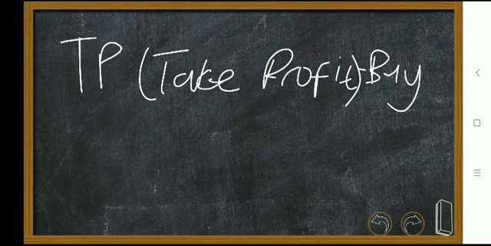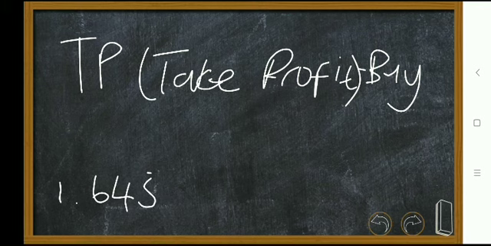Take profit for a buy will be higher than your entry price. Remember, if you buy, then price goes up or rises, you are in profit. We say you see profit. Let's say this is your entry price. Then you bought. Then it went high to this